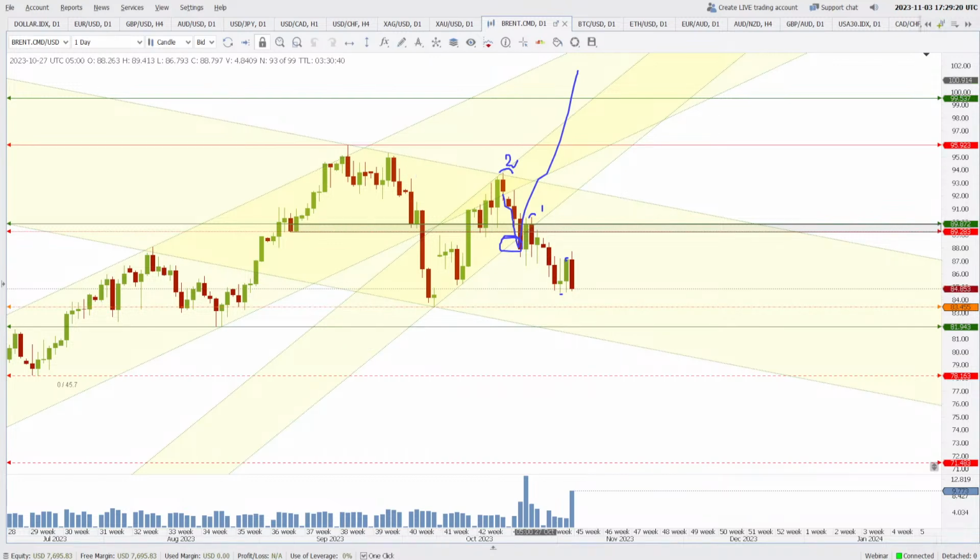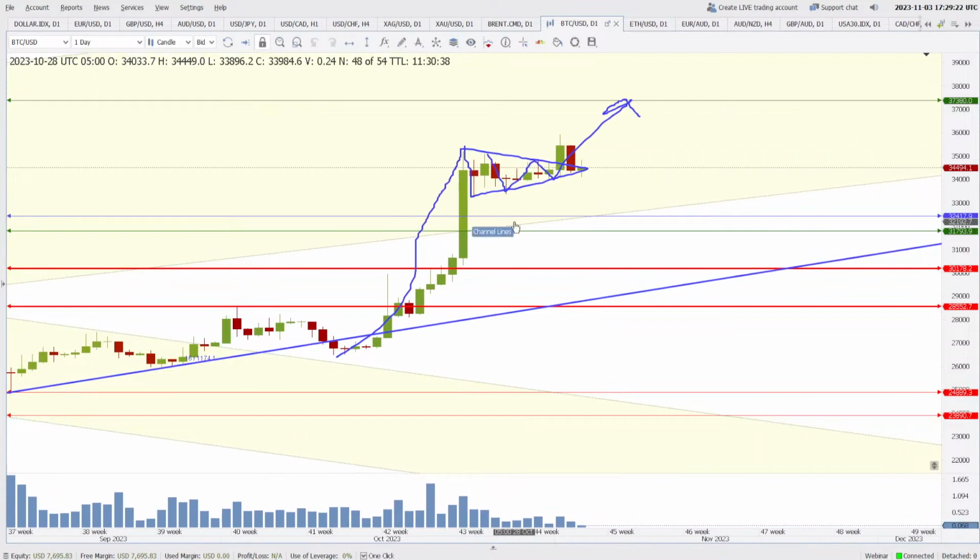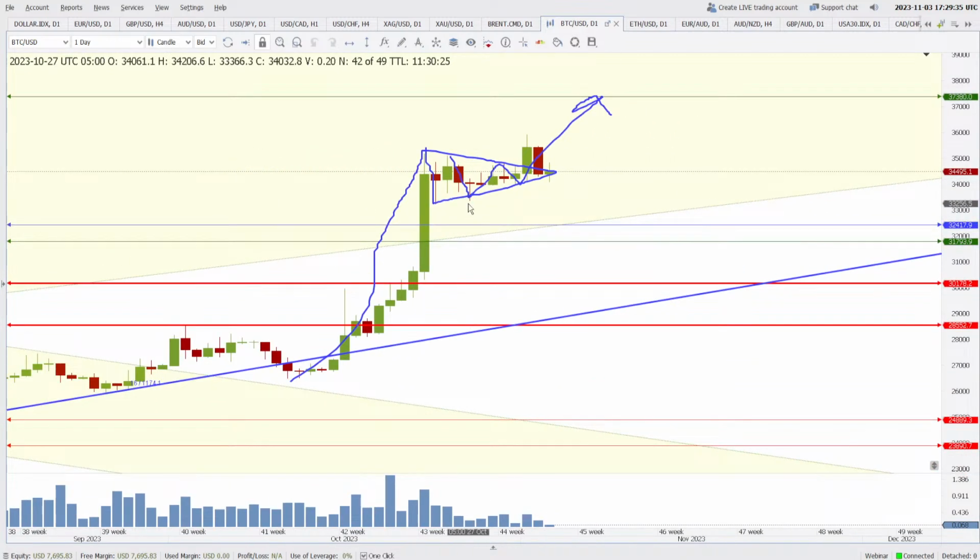The Bitcoin, a move higher, was not welcomed by the sellers. They pushed the prices low again to the same level. Although my upside is still open, 37,380 till the time the price is trading above this low, I will mark it on my chart. This is the lowest low that the price has made. 33,228.3 is the level. If the price breaks through this level, then I will be thinking about the lower levels, but till the time the price is trading above 33,228, I am only thinking about the higher levels like 37,380. All right.